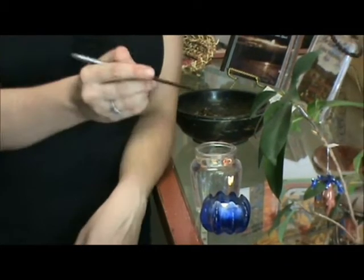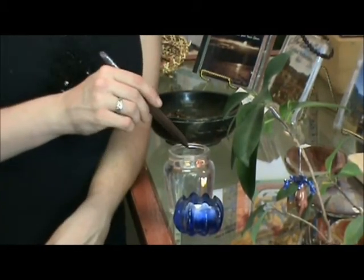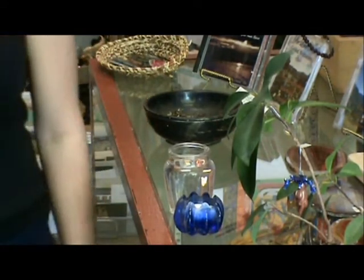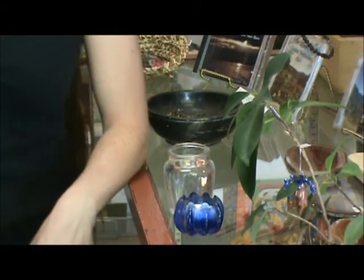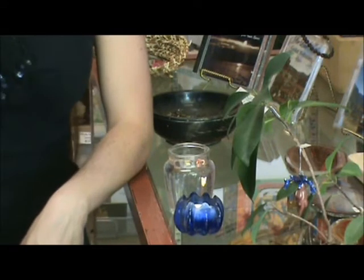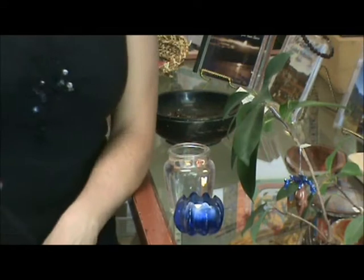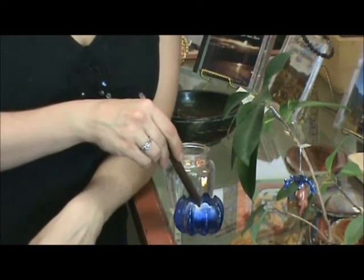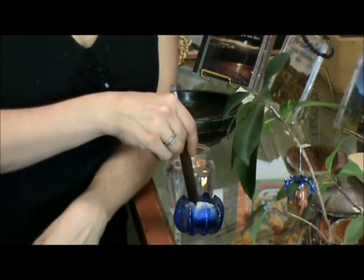Okay, so here is the blessing. It goes like this, and you start by, you will be drawing a banishing pentagram. You guys have to know this by now if you've been following this particular vlog. Start in the bottom left-hand corner, go to the top. Bottom right, upper left, upper right, bottom left. That's a banishing pentagram. So, you say, "Blessed be this creature of salt. May all impurities be banished therein." And you draw either 1 or 3